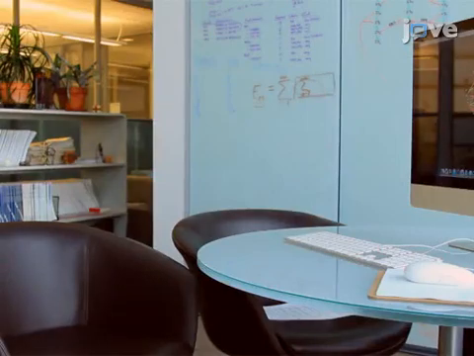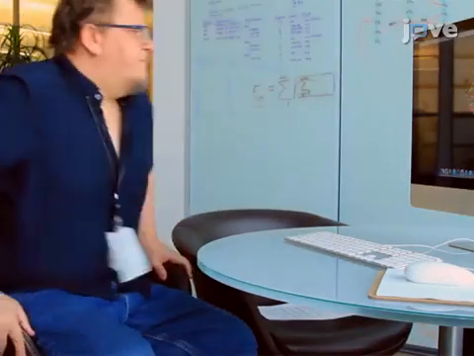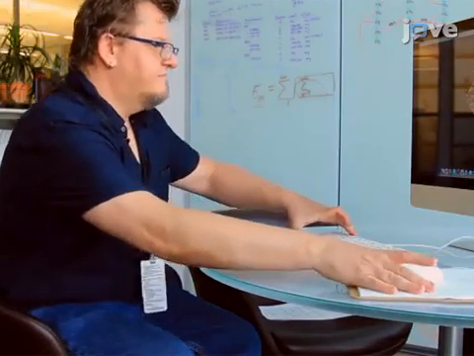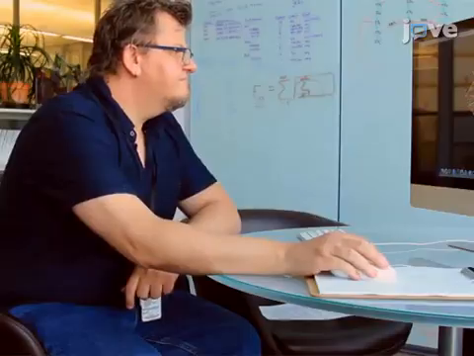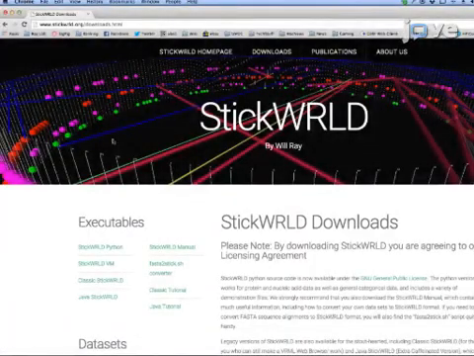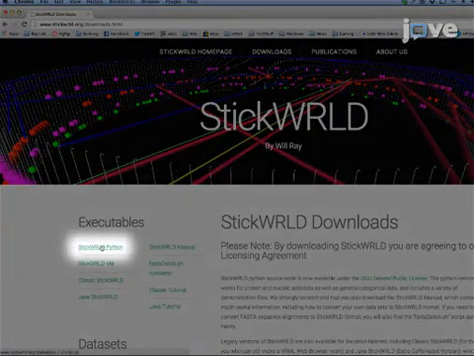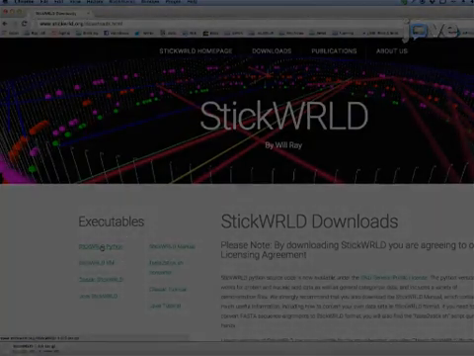Use a computer that has an Intel i5 or better processor with at least 4 GB of RAM, is running Mac OS X or Linux OS, and is equipped with the Python libraries listed in the text protocol. Download StickWRLD as a zip archive containing all of the relevant Python scripts. Also download the FASTA